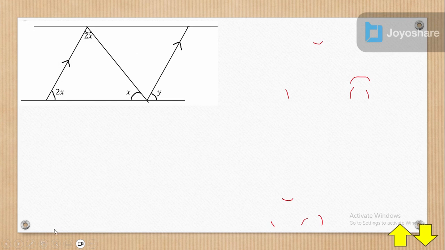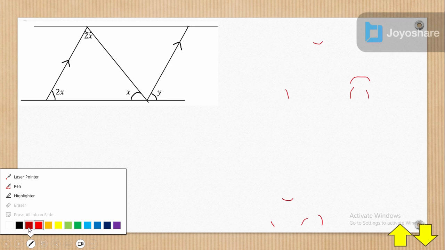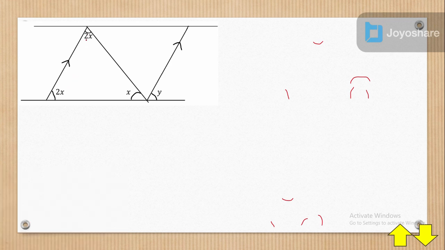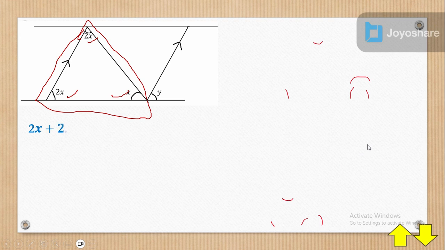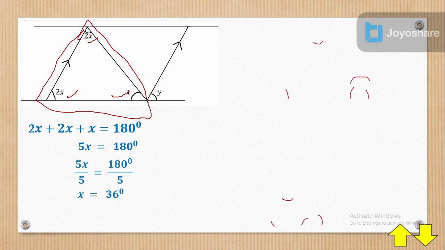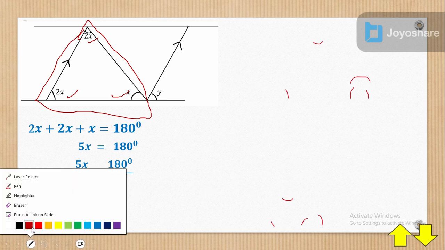We want to get the angles of the unknown sides. But look, this angle plus this angle plus this angle are all enclosed in a triangle. Therefore their sum must give us 180 degrees. So 2x plus 2x plus x gives us 180. We are adding this plus this plus this to give us 180. When you simplify,